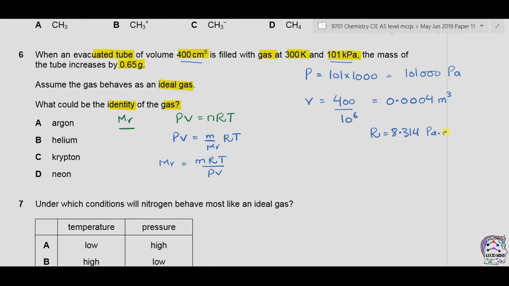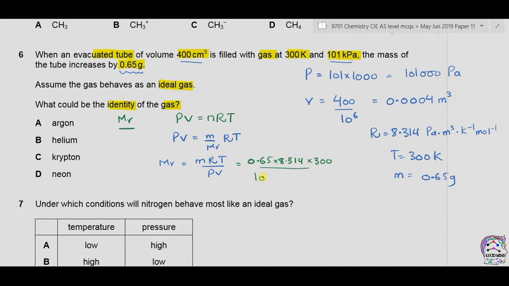Pascals into meter cube per Kelvin per mole. Last one is temperature. Temperature is already given in Kelvin, so we can write T is equal to 300 Kelvin. The mass of the gas is also given, which is 0.65 grams, so we can write mass is equal to 0.65 grams. Now putting all these values in the equation, mass is 0.65, R is 8.314, temperature is 300 Kelvin,